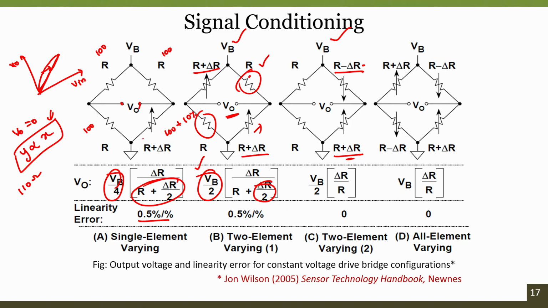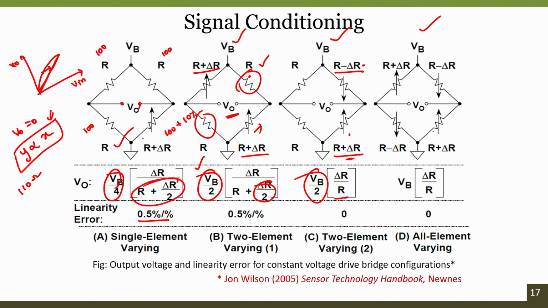If such kinds of sensors are available, introducing them into one pair of a resistive divider network not only avoids the nonlinearity error completely, it compensates for the resistance temperature effects, and it also amplifies your output when compared to the single element varying bridge. But having one with a PTC and another one with an NTC is very difficult, which cannot happen in all the cases, right. Another thing is the 4 element varying bridge.